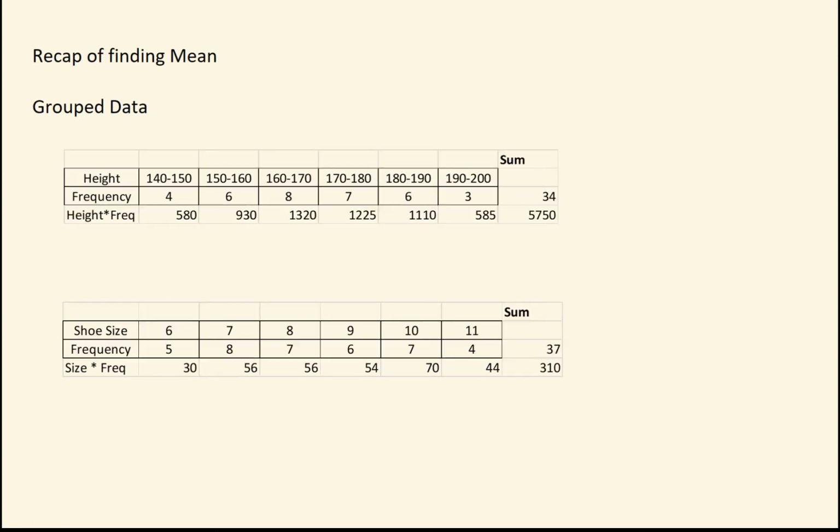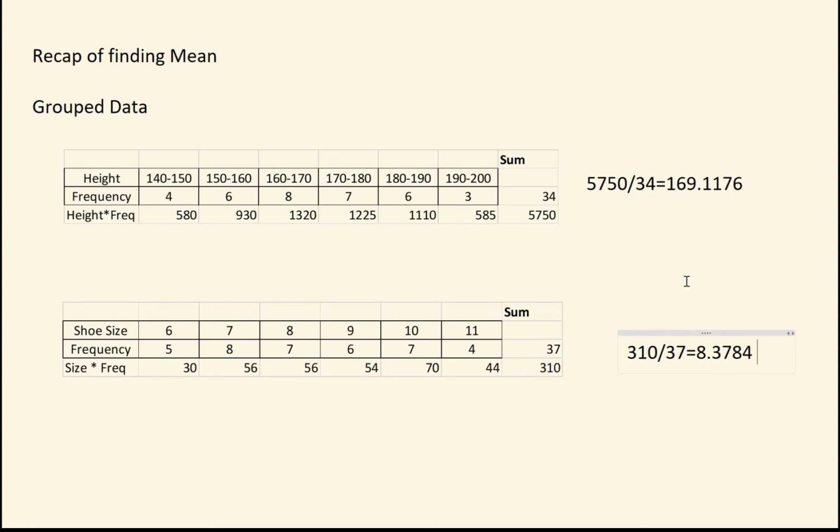Doing that will give you the total height of everyone and the total number of people, or in this case the total shoe size of everyone and the total number of people. From there you can just fairly easily work out the mean by doing the total divided by how many people there are. So that's your average height in centimetres, and we do the same here,